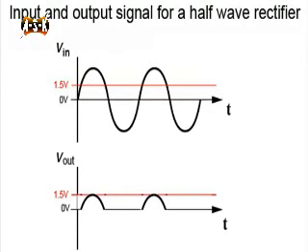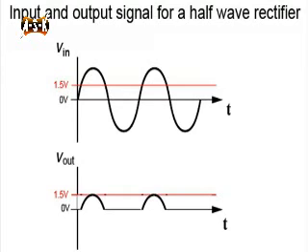You might wonder why the output voltage is zero when the diode first turns on, instead of jumping to 1.5 volts. This is because the diode is acting like a resistor, and the 1.5 volts used to turn it on can be thought of as dropping across it. The output voltage is defined as the input voltage minus V on, so it makes sense if you think about it. As the input voltage begins to drop, so does the output voltage.